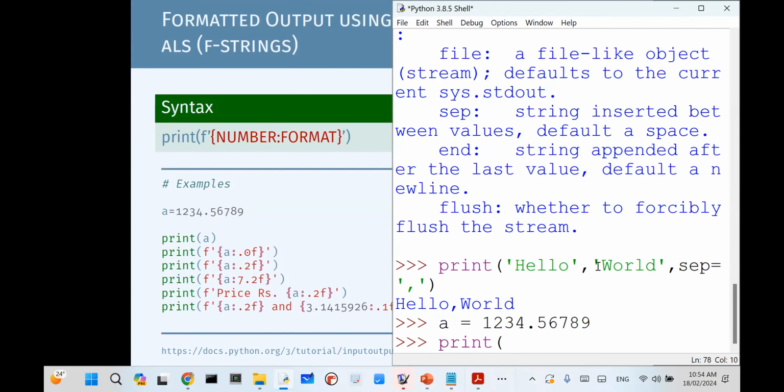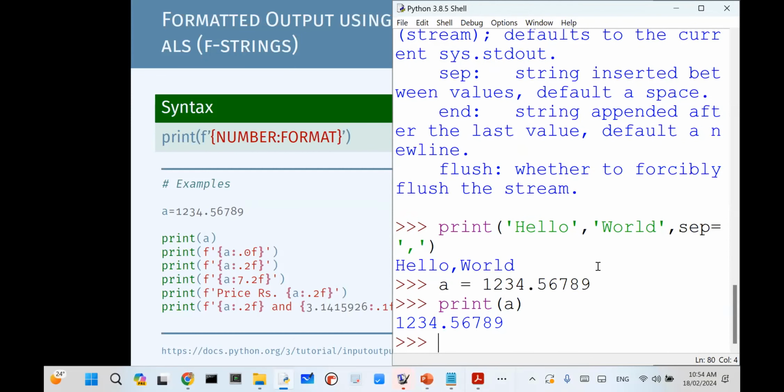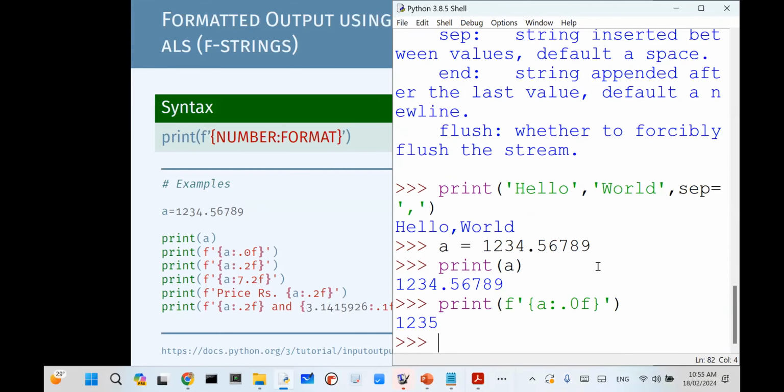If you just print A, this is how it looks like. But if we want to format it the way we want, like for example, if you want to evaluate A for 0 decimal points, it looks like this. And you can notice that it will round off.